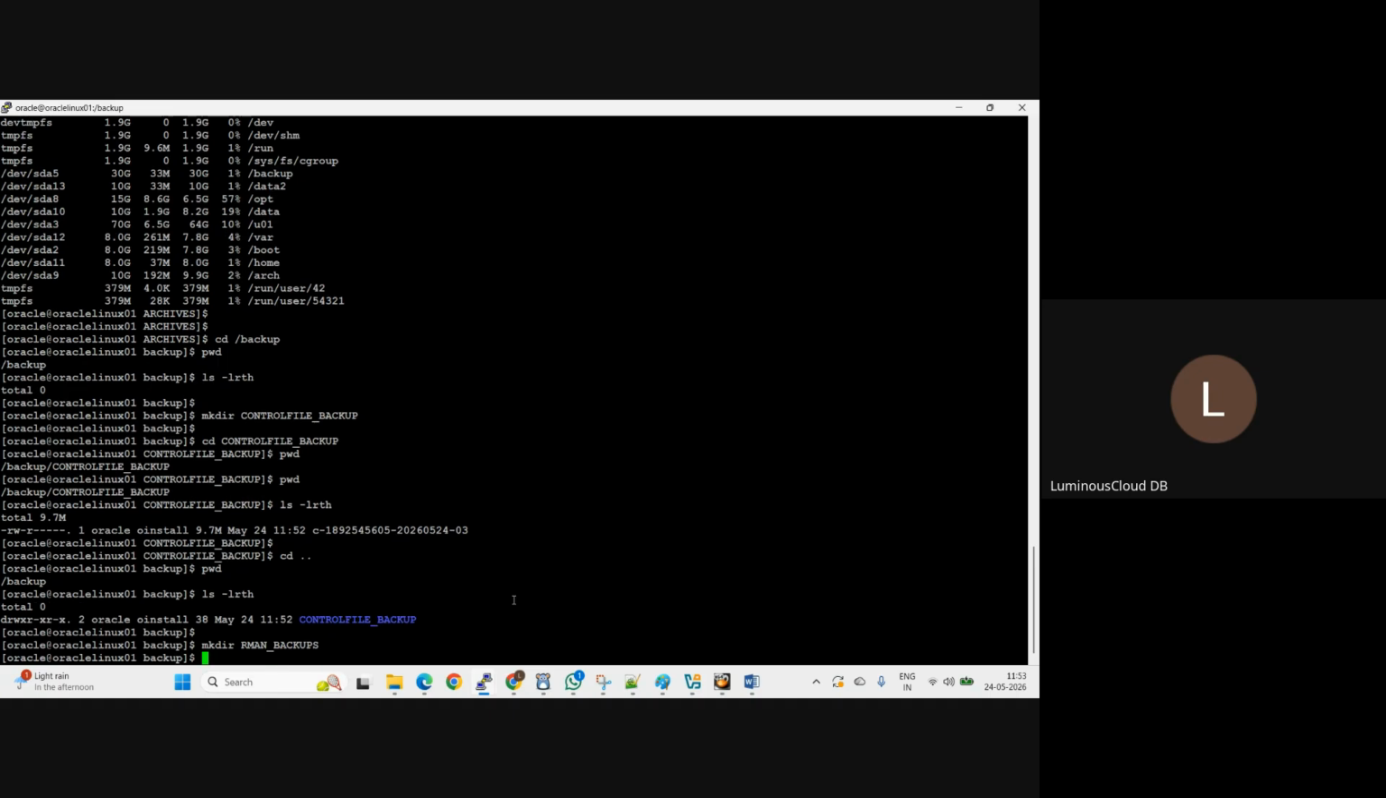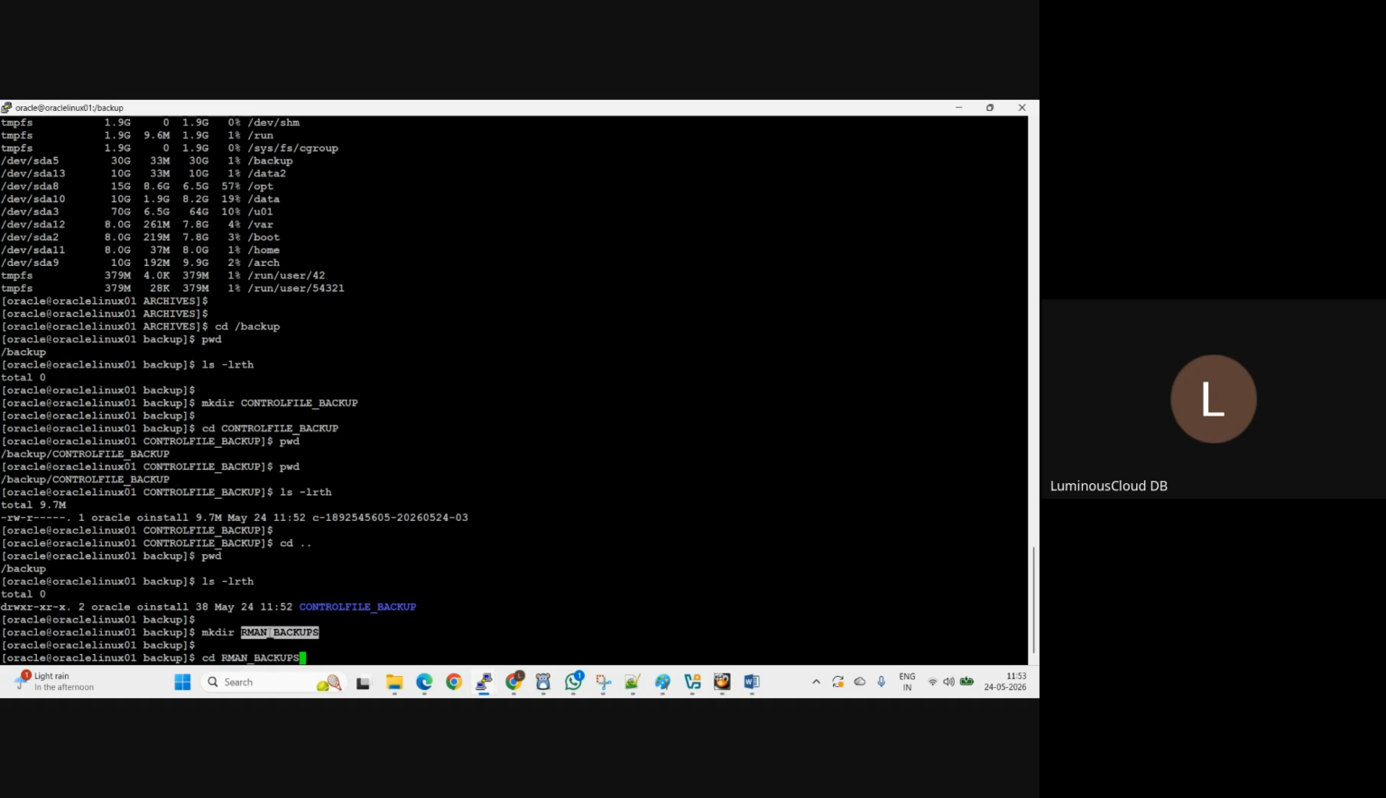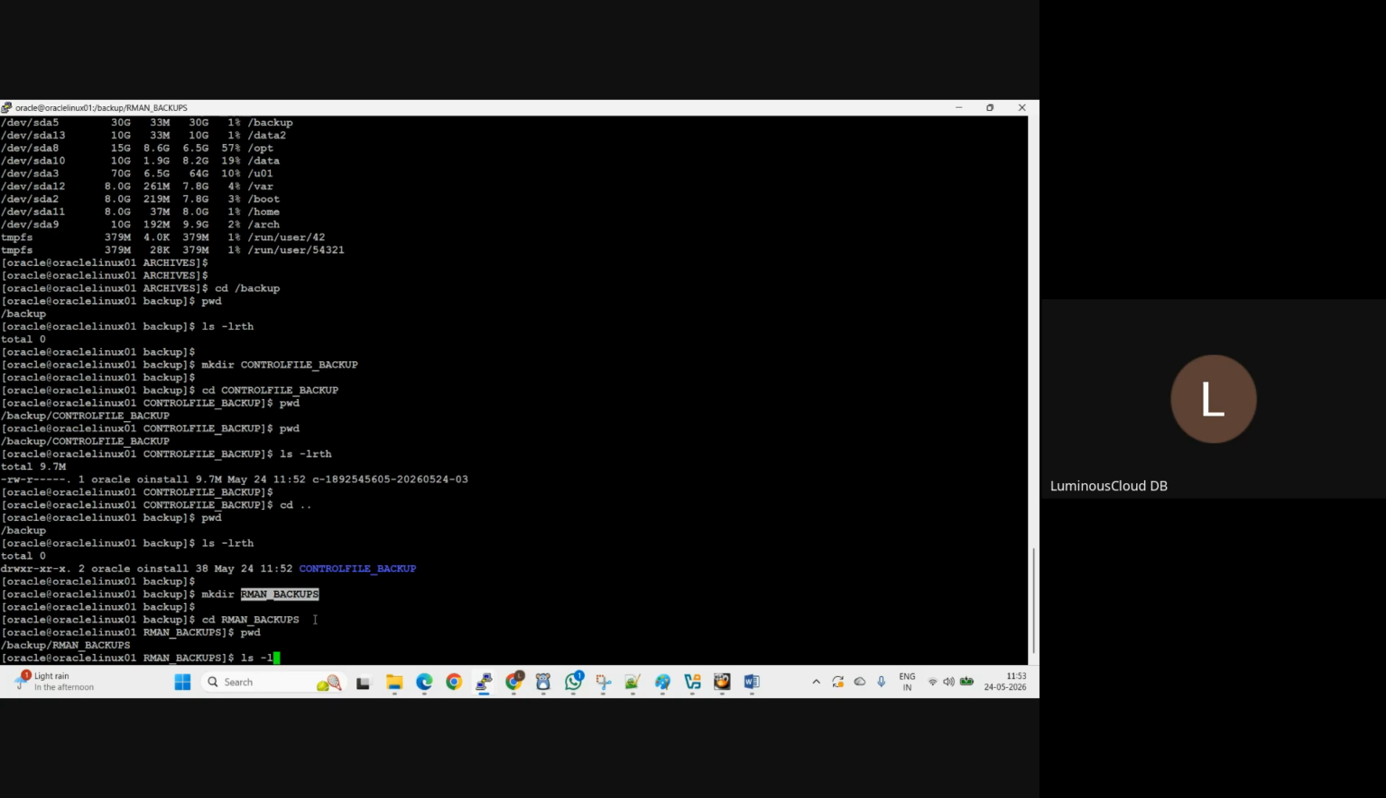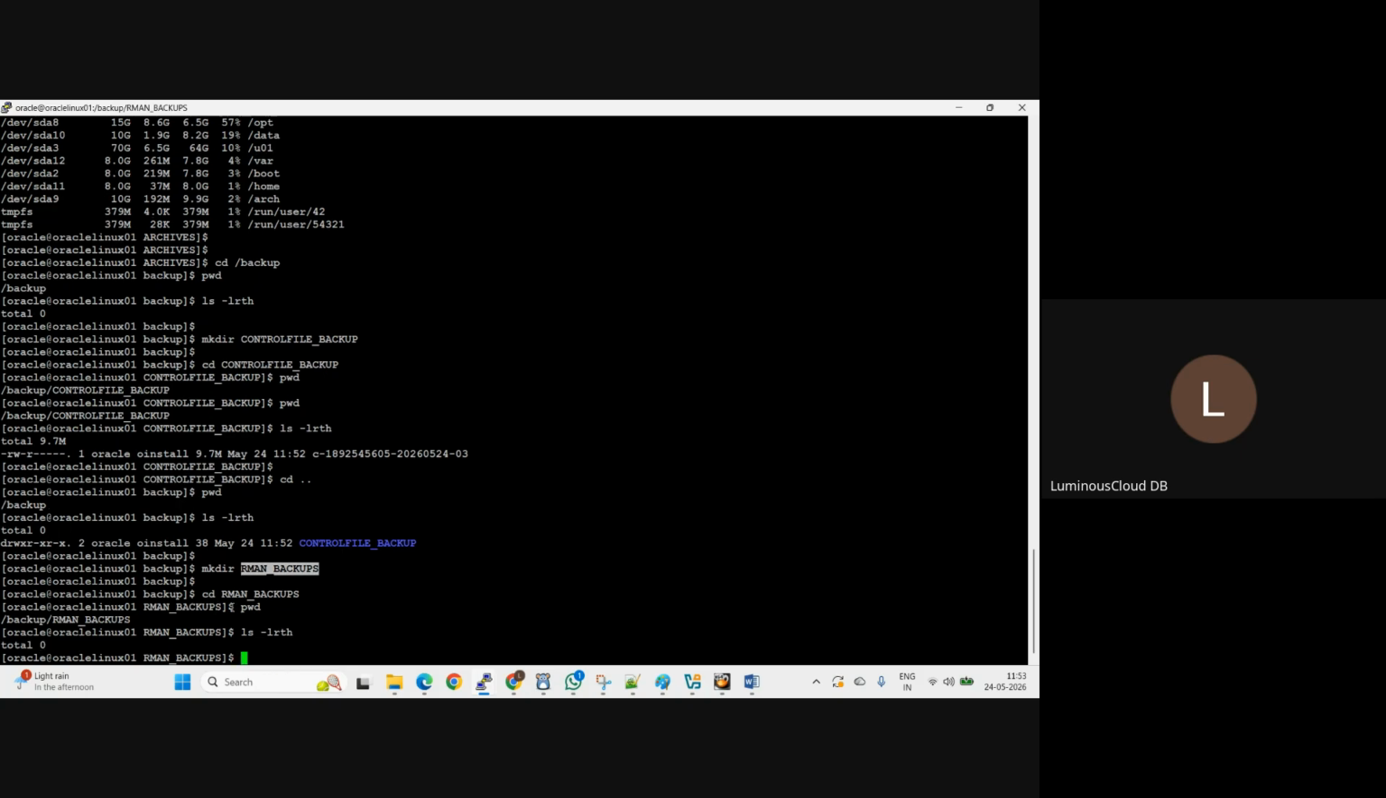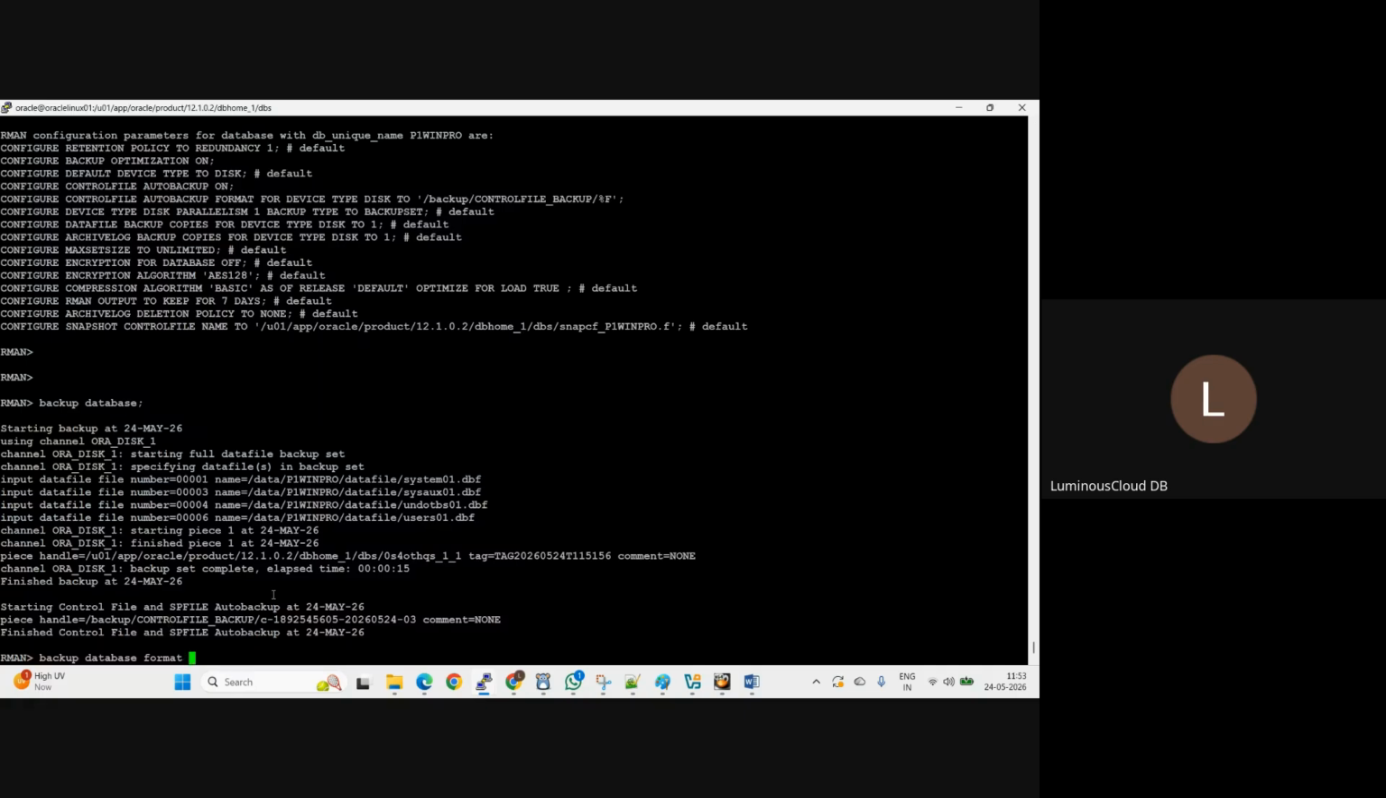RMAN backups. Now go here, give pwd, ls -lrt. Are we able to see any backups here now? In this location, are we able to see any backups now? No. Okay, now see here, I'm giving format